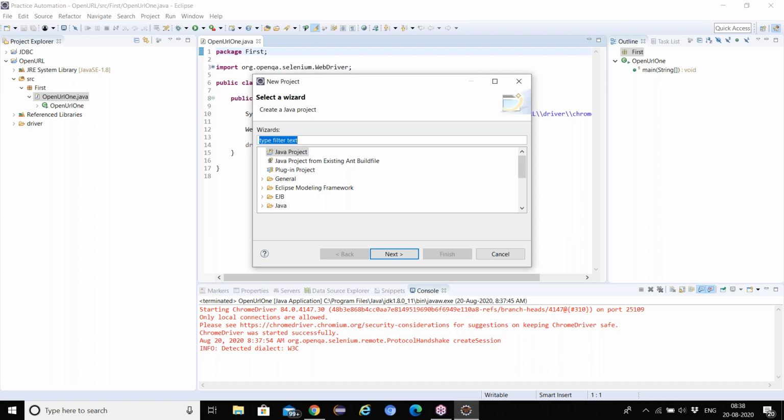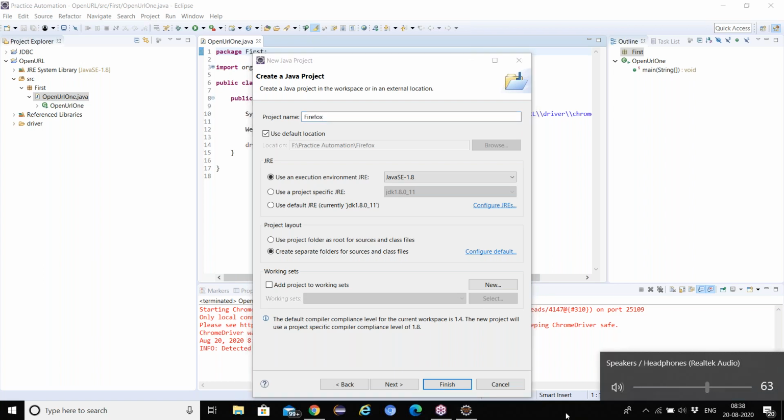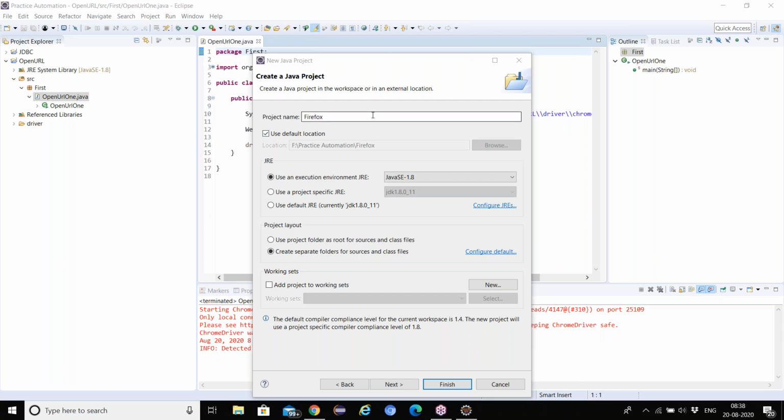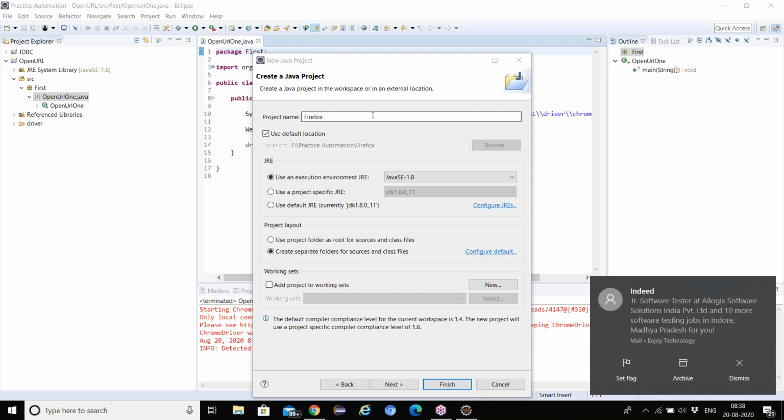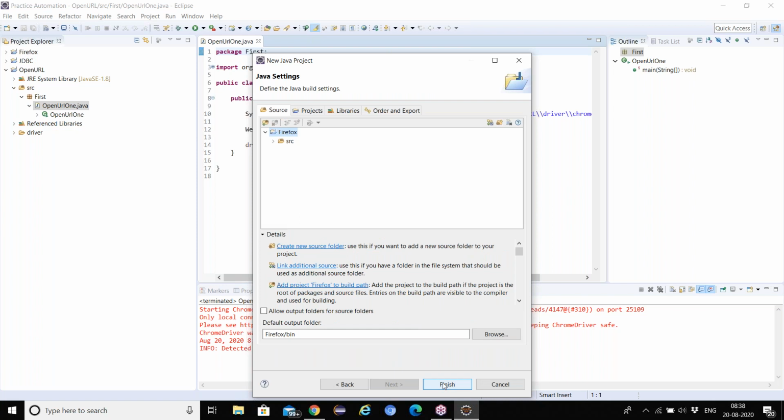Click next, then write Firefox. In an interview, they will ask: for Firefox, we need to add the Gecko drivers. Let's see how we need to add the Gecko drivers. Next, finish.